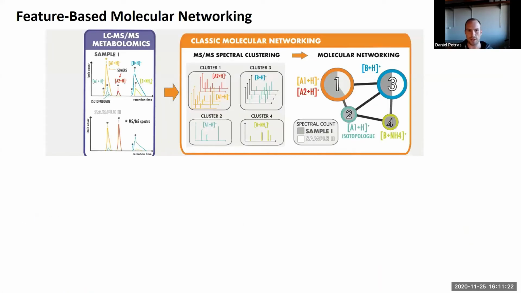So in order to deal with that redundancy, what we do is we cluster them. If you go a little bit more into the detail about the theory, when you come from your LCMS file here on the left, the very first step before actually constructing this molecular network is that all identical spectra are collapsed together and then represented as a node. And then we can use spectral counts as a proxy for